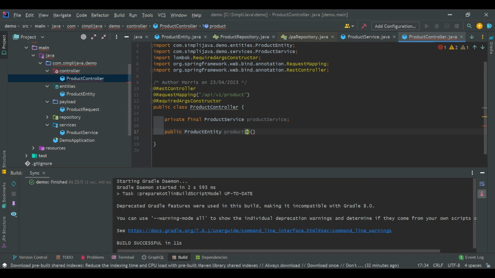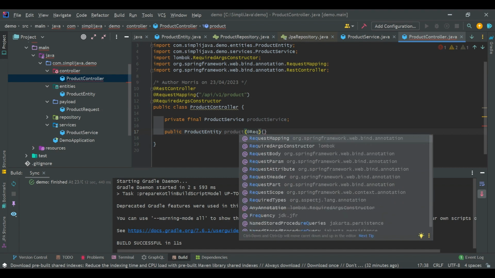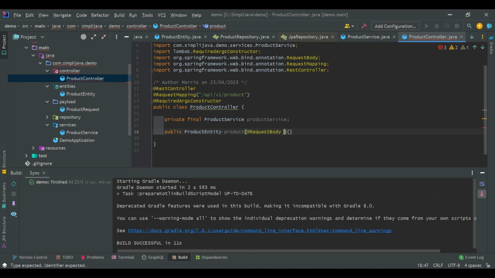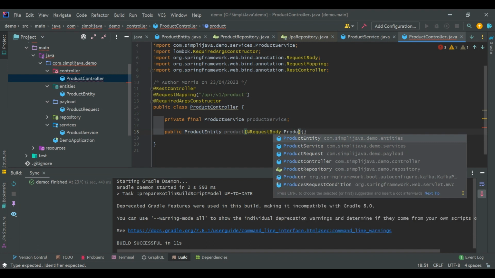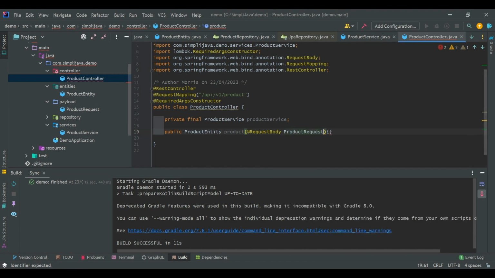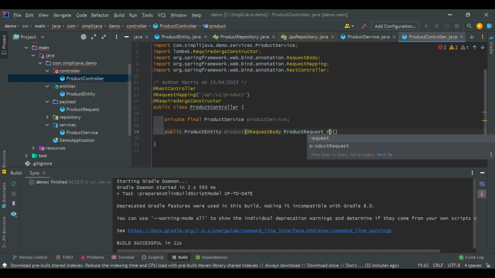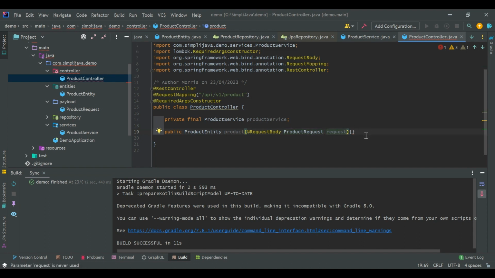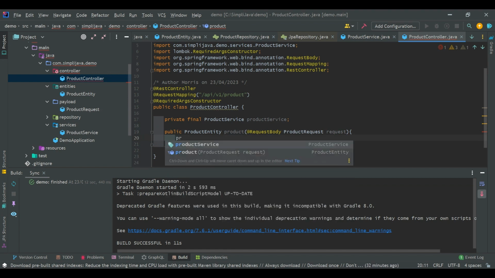So we are going to expect a request body. So we say request body of type product request. So this is what the front-end team will be sending. And then here we just call our product service. So we return